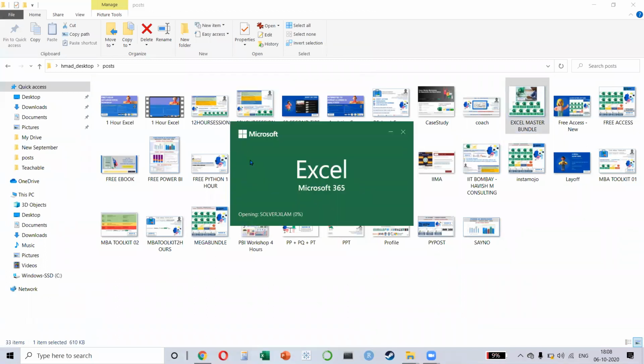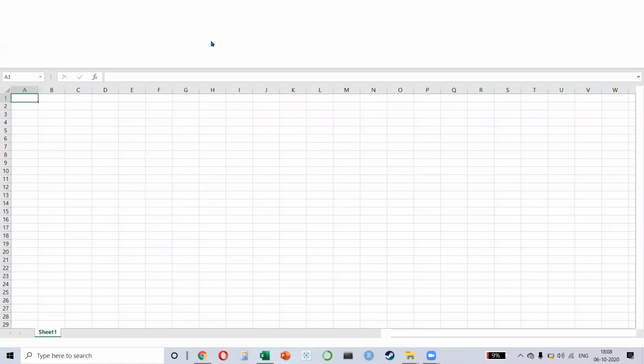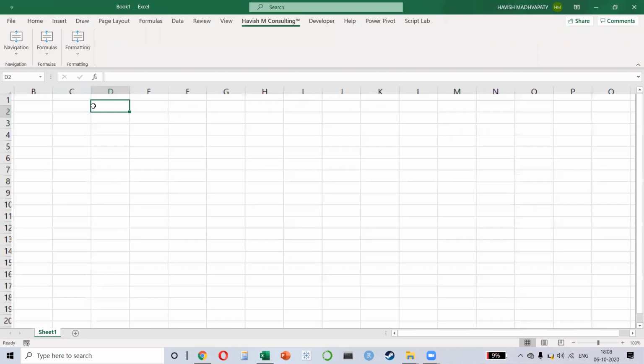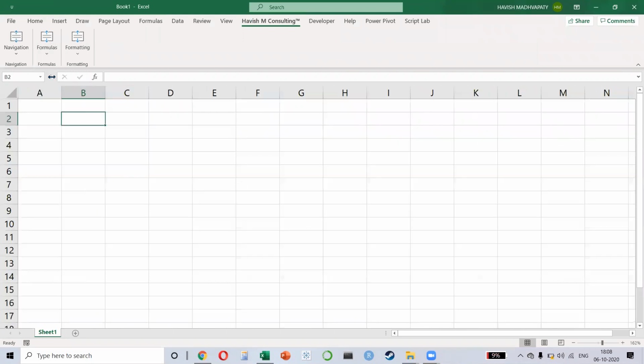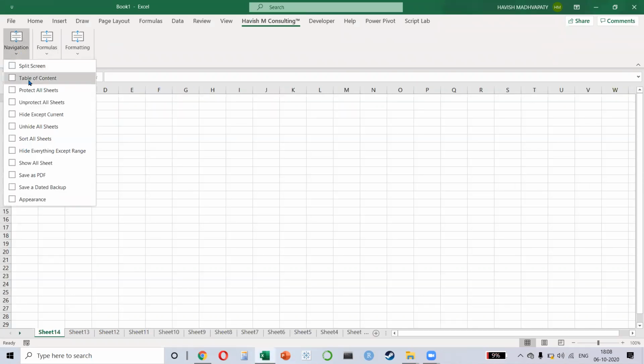For example, I've created my own VBA codes to make my life a little simpler. Very simple thing, okay? Let's say I have many sheets with me, and if I want to create a list of all these sheets, I can just click on navigation and I can select table of content. Remember, this is not an Excel feature. This is something that I have created, Havisham Consulting, navigation and table of content.